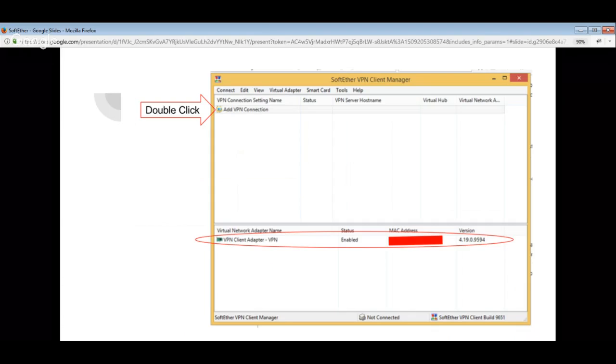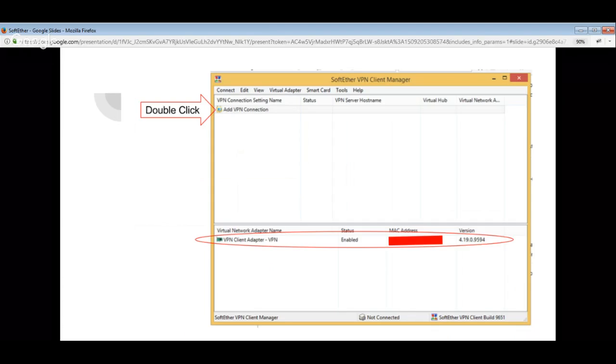As you see here, there is a VPN client adapter named VPN, and it is enabled. It has a MAC address and a version number. Now that the VPN is enabled, you can select Add VPN Connection,